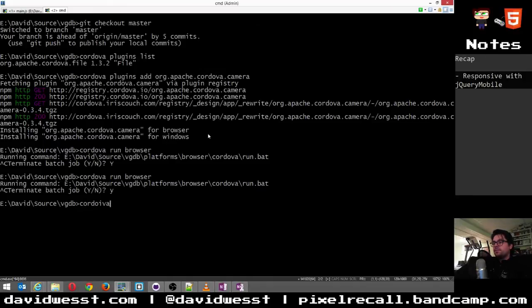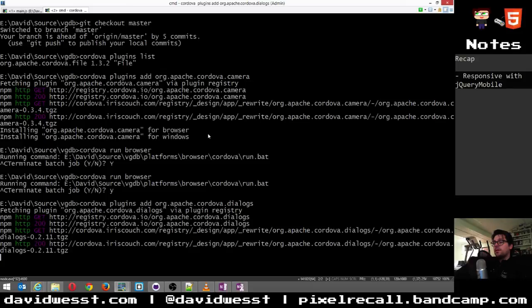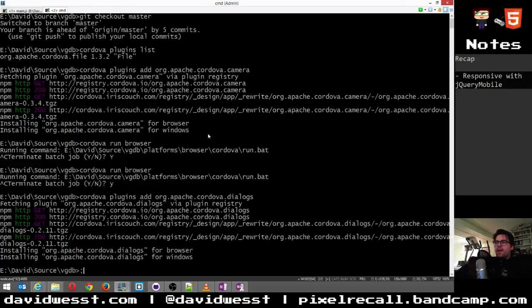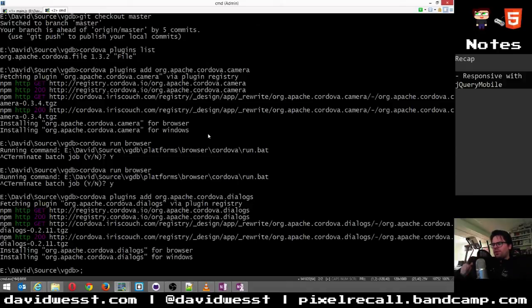So if I go back here, and sorry, I'm going to zoom out again and close this down, we're going to do cordova plugins add org.apache.cordova.dialogs. There we go. This is the one I was really trying to work with. I'm a big fan of the goofy little hello world thing, a little pop-up, because that's how I got into computer science. Hello world pop-ups always blew my mind when I was starting to code for the first time, because I could say hello Dave. I was like, ooh, that's so clever, I'm such a genius. But it turns out it's a pretty common example.